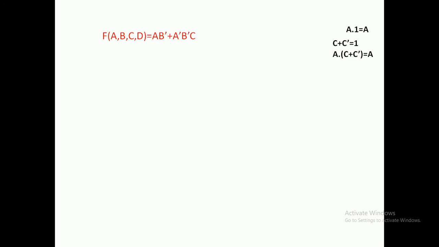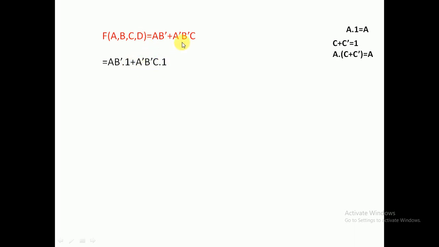Sorry, 4 variables are there, and 4 variables and 2 terms are available, but the first term is missing 2 signals, and the second term is missing 1 signal. Now we have to give the 2 signals for the first term and 1 signal for the second term. Okay, let us add the 2 variables, but according to our easy procedure, add one by one. So 2 variables are missing, C and D. First you add the C, then after that add D.